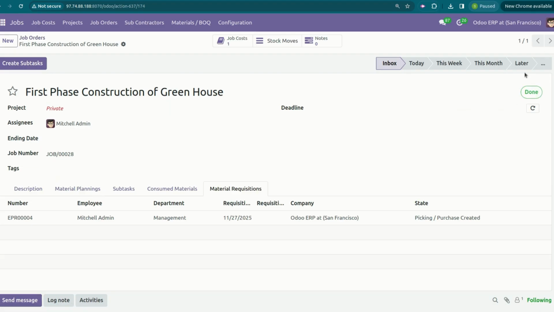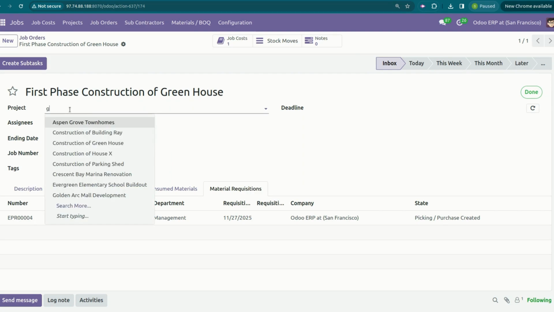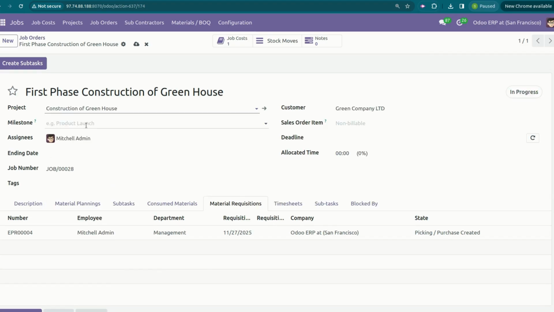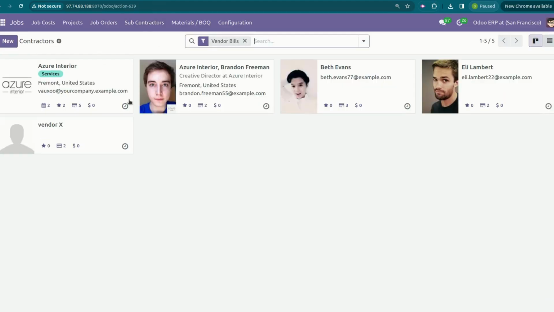This will be once the task is done. We can also change the stage of the task. We can also link this order with the project. So this will work in unified manner. You can enter the milestone also for each of the project and it will work very nicely. Now we have the subcontractor here. We only created here the subcontractor separate menu, but we have the separate bundle for the subcontracting work. If it will be helpful to you, you can check on our Odoo apps. You can check on the Odoo app store.